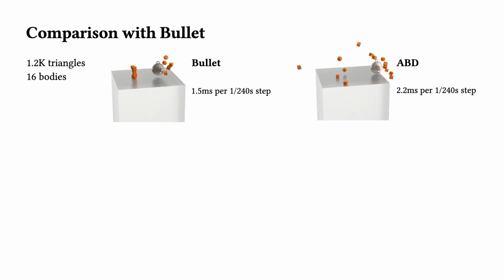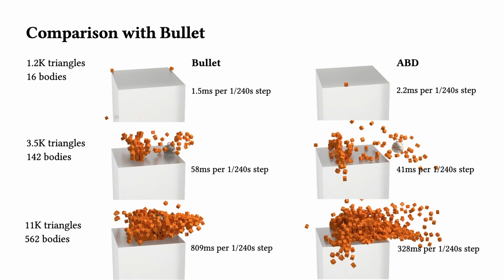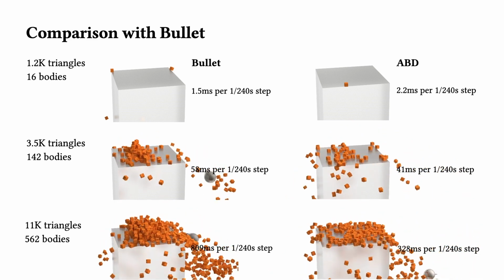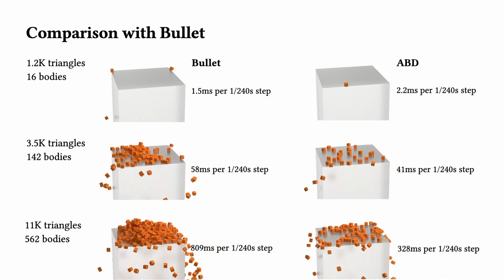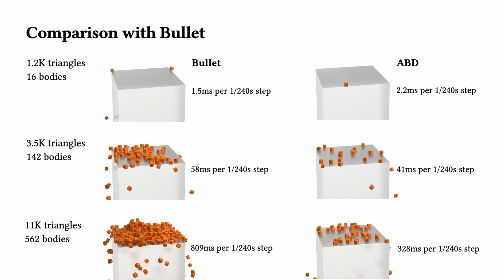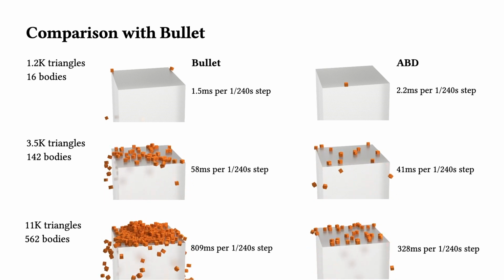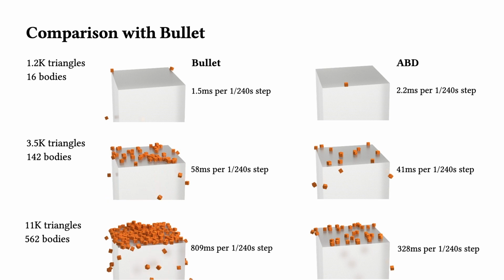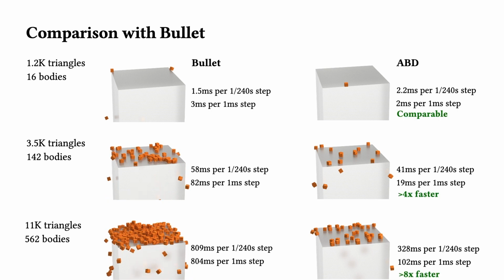For a Bullet comparison, we start with a modified version of the wrecking ball. Bullet best supports convex-to-convex body contacts, so we've eliminated the chain geometry to give Bullet a better advantage. Here we see that at a moderate time step in these examples, Bullet generates large intersections. They need to be reduced to at least 1 millisecond to reduce the worst of them. On the other hand, ABD remains intersection-free for all time step sizes, obtaining responsive dynamics.